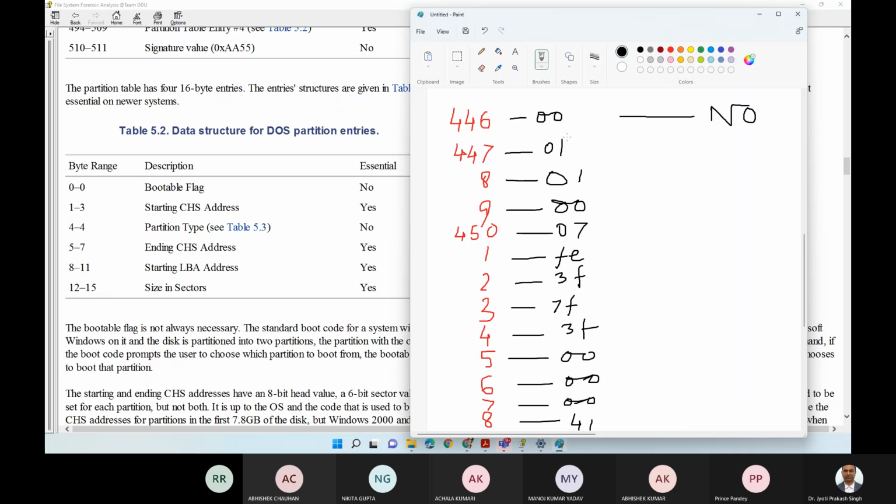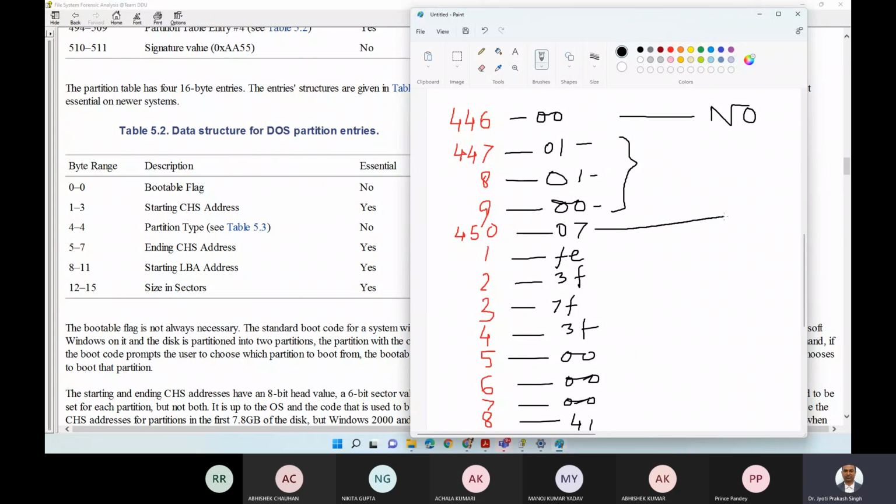यस सर। देन नेक्स्ट है कि स्टार्टिंग CHS एड्रेस। सो 1 2 3, ये 3 बाइट मिला के CHS एड्रेस देंगे। 1 2 3, ये मिला के CHS एड्रेस देंगे। इसकी हमको अभी जरूरत है नहीं।